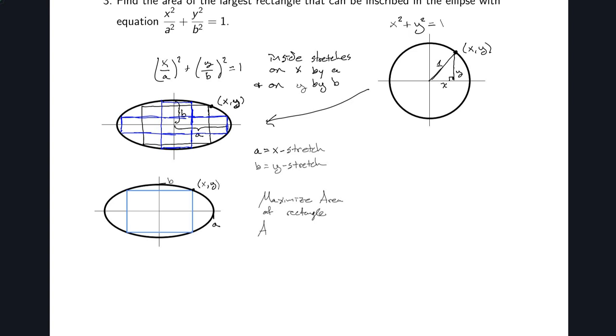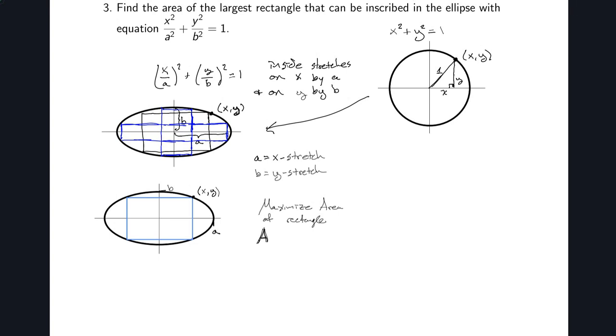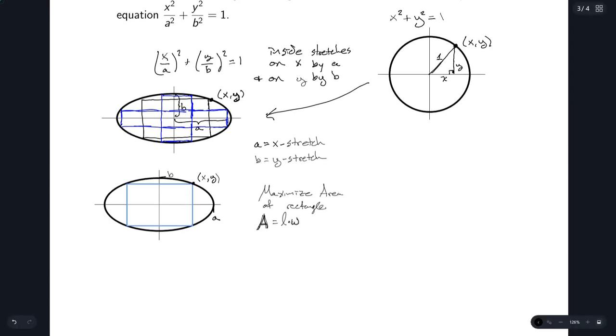And so the area of this rectangle, well, it's going to be a length times width again. But we need to understand where we want to pick this point here for this to all be a maximum area, right? So our constraint